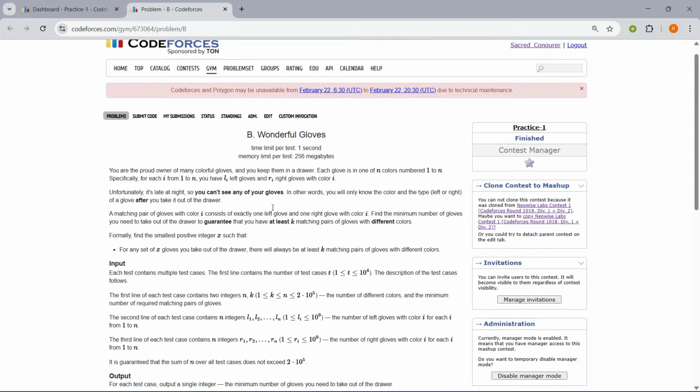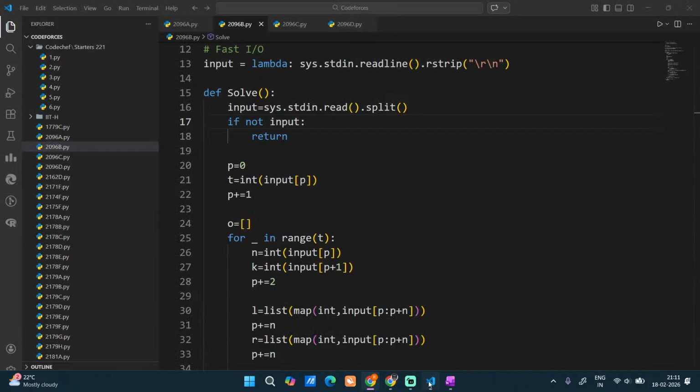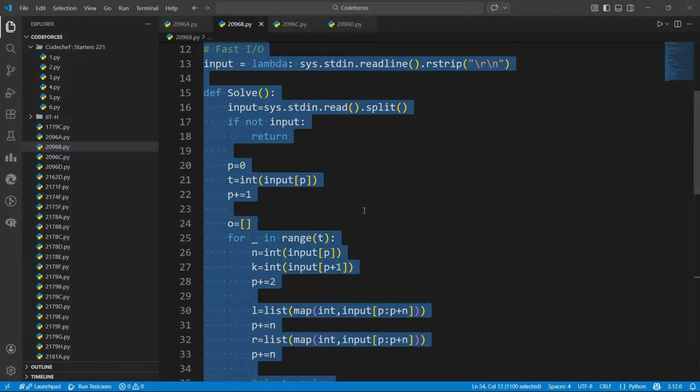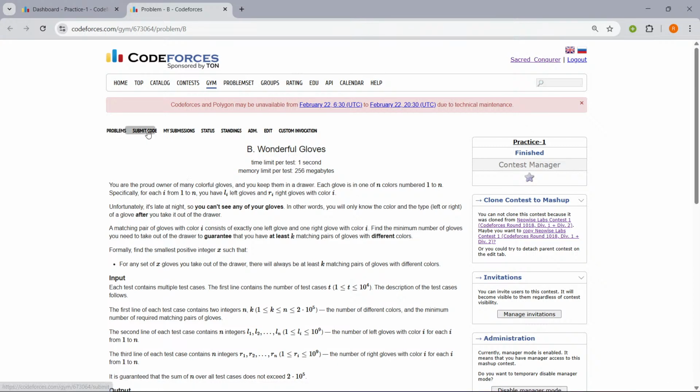I'll submit and check. I'll just copy paste this. Submit code. Either Codeforces is slow or my internet is slow.